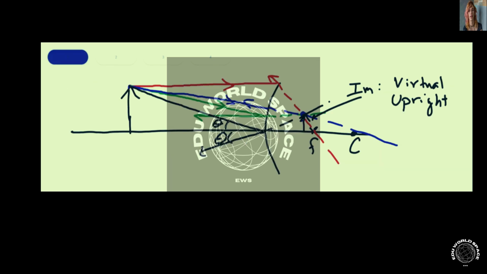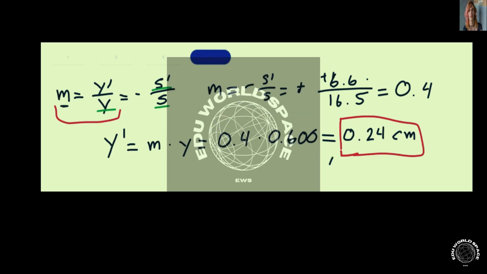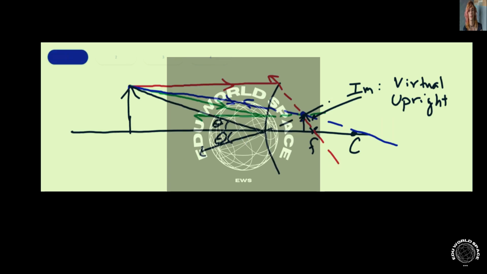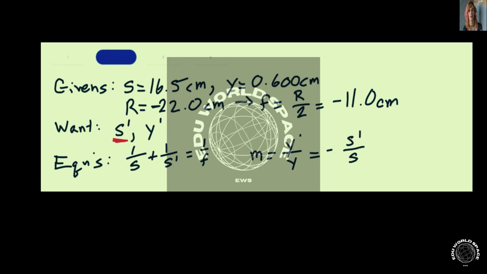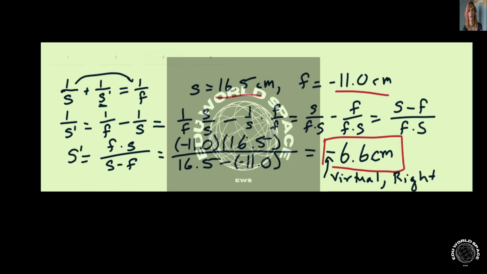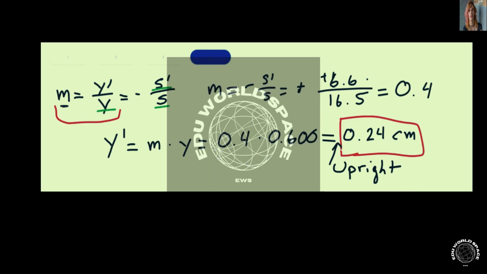And just like before, let's look at the answer and see if it makes sense. We look back at the beginning, we wanted the image to be upright. And because this is positive, this answer gives an upright image. And so at the beginning, we wanted a virtual upright image. We found that the image is virtual when we found the image distance, and we found that it was upright when we found